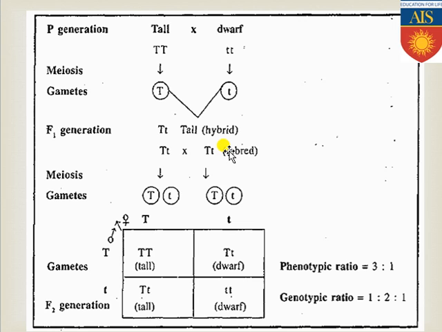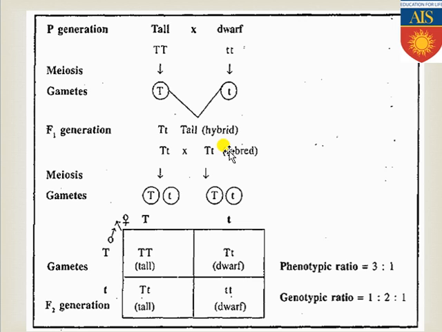Now when the gametes of these individuals are fertilized with each other, automatically all the individuals taking birth contain capital T, small t. That means heterozygous hybrid individuals have been produced. Now the point is, in which generation have they been produced? They are produced in the F1 generation, that is the first filial generation, or the first generation of progeny. There all individuals who have taken birth are hybrid, capital T, small t.